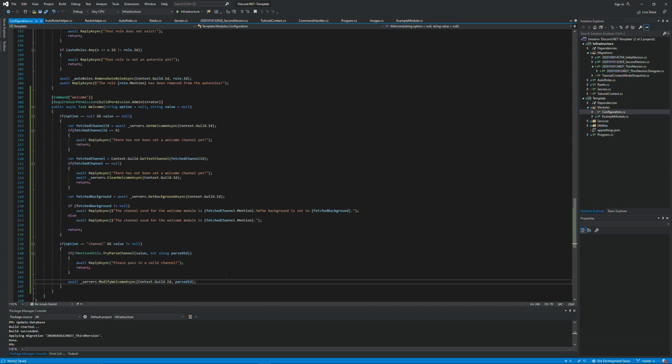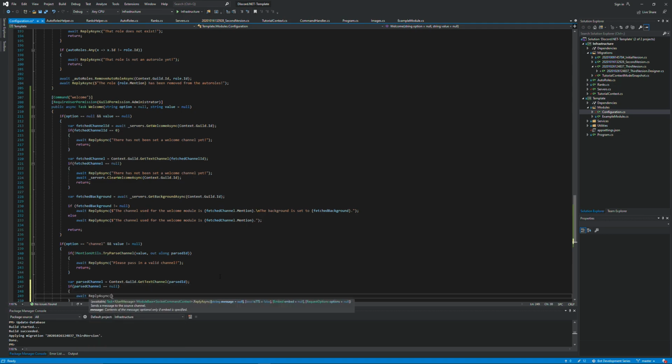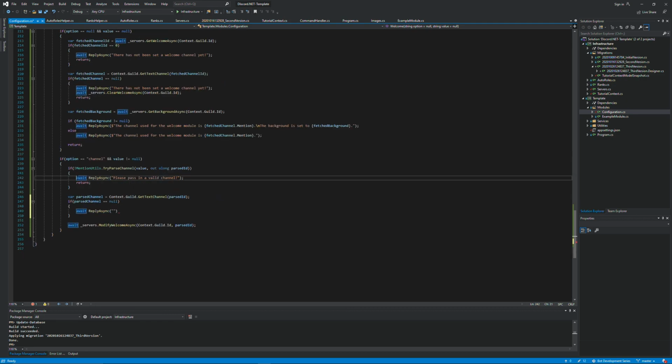Another important thing that we need to talk about is making sure that the channel actually exists, because this does parse the channel from a mention to an ID, but that doesn't mean it also checks whether the channel actually exists. So what we can do here is we can say var parsedChannel equals Context.Guild.GetTextChannel, and we pass in the parsedId. And so now we have a variable that actually has the parsed channel, and if the parsedChannel equals null, so if the channel does not exist, in that case we say await ReplyAsync, and we give exactly the same error. And we can just copy these two lines, paste them right here, and now we can modify the value,